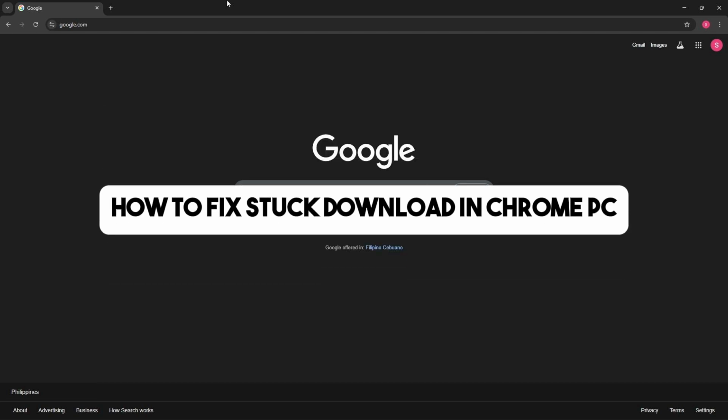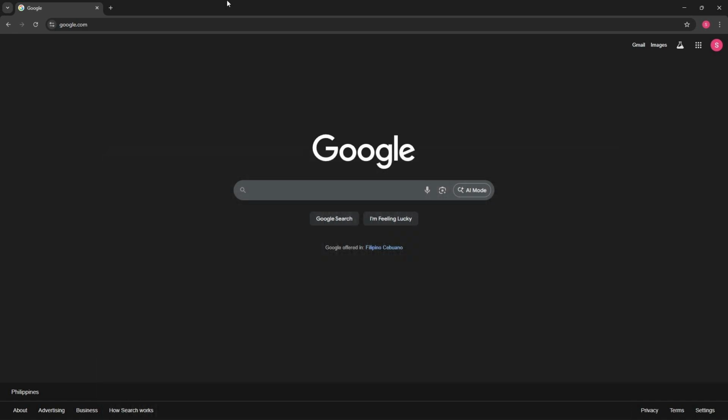Hey guys, welcome back to DelveStack, and today I will be showing you how to fix stuck download in Chrome PC. So guys, if you ever encounter this issue, what you could try to do is you could just simply